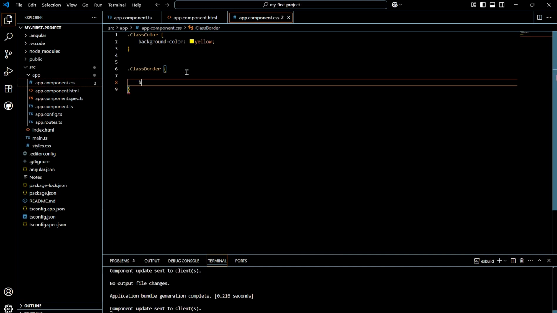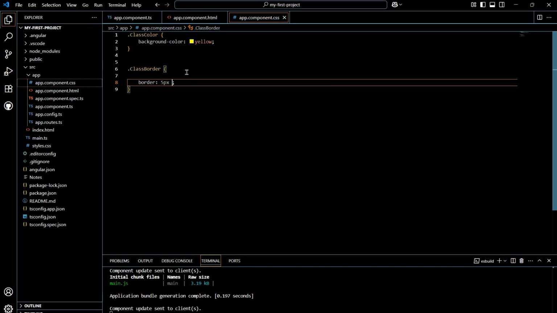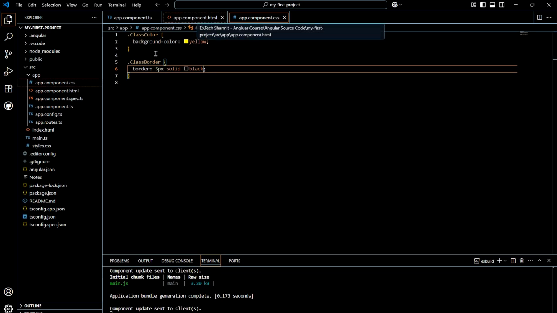Here we should write border first. Okay, then we will write here 5 pixel solid black. Perfect. So these two classes are ready. Now those who have already covered the last session, they know that in the last session we used the string